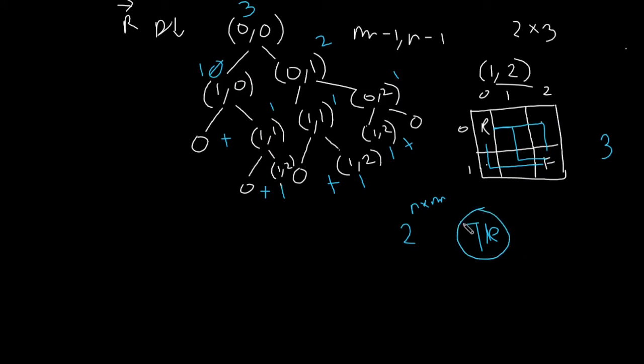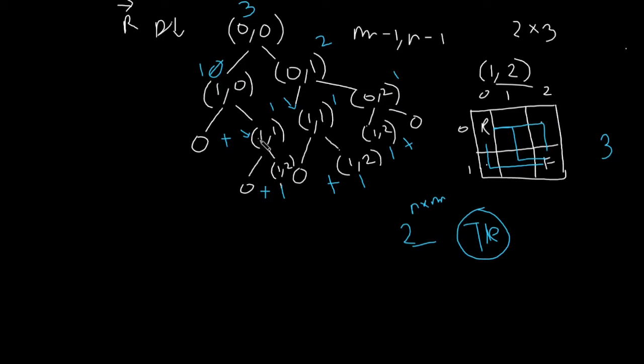In order to reduce this time complexity, what we can do is this: over here we see that this 1 1 and this 1 1, there are some cells which are getting repeated, right? And hence we need to calculate these cells again. We need to again go down and right. We need to perform the same operation again and again, right? And this is actually causing our TLE, right?